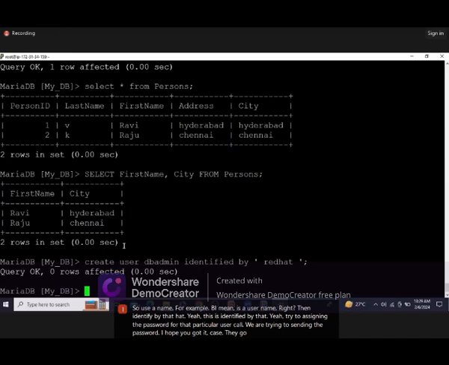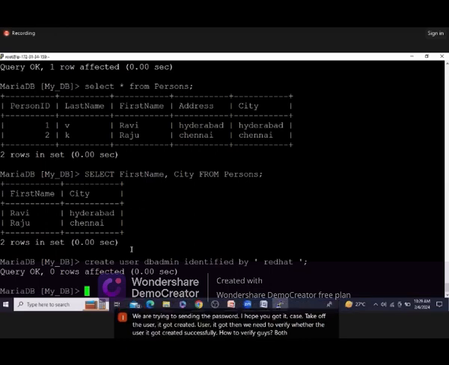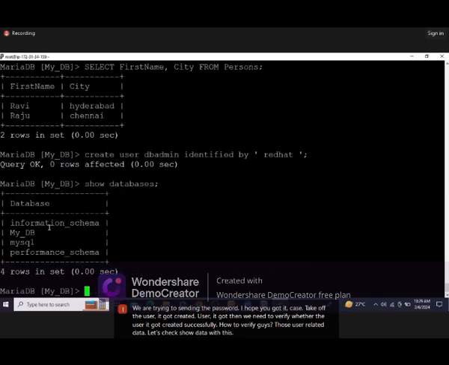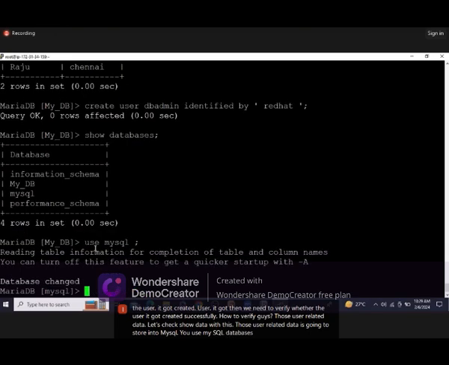See, guys, the user got created successfully. Then we need to verify whether the user got created successfully or not. How to verify, guys? Those user related data, let's check show databases. Those user related data is going to be stored in the MySQL database, so use MySQL databases, right? Then select